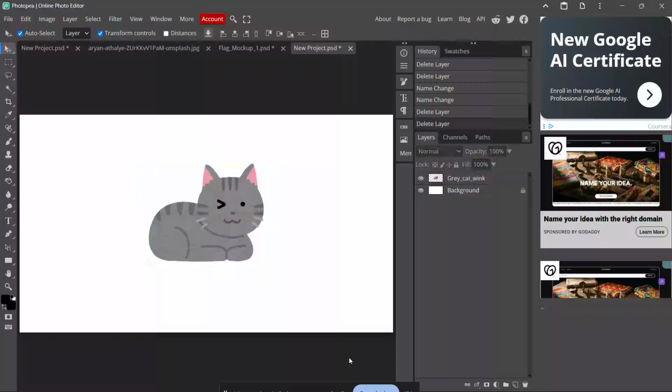If you want to create a new layer in Photopea, you're in the right place. In this quick tutorial, I'm going to show you 3 easy ways to add a new layer, whether you want the fastest method, a keyboard shortcut, or the menu option. New layers are essential for editing because they let you work non-destructively, keep your design organized, and make changes without